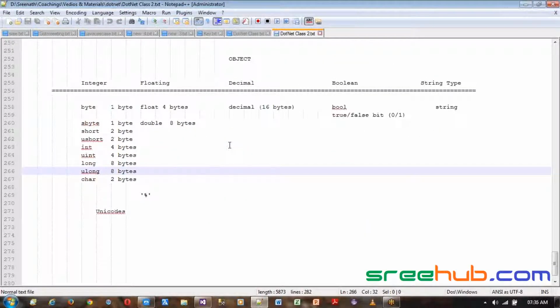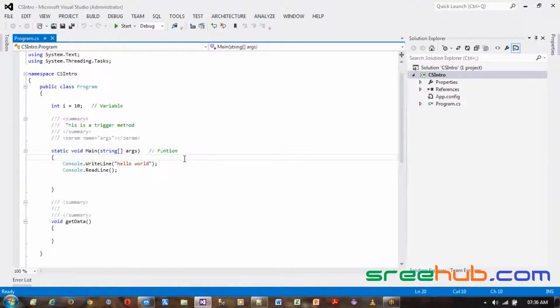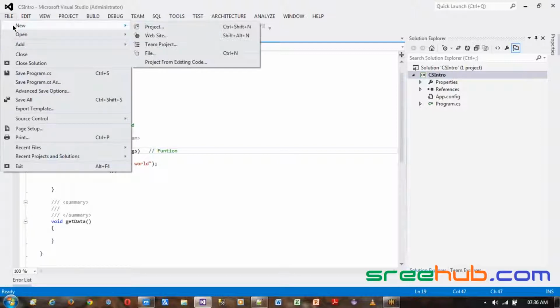Yeah, so these are the complete set of data types which we have, divided into different buckets. Now let's take a few examples of how to define them and how we can actually access them. Normally, whenever we create any project in .NET, let's say we have created a console type of project. If you remember, we have many types of projects. If you go to File, New, and Project,